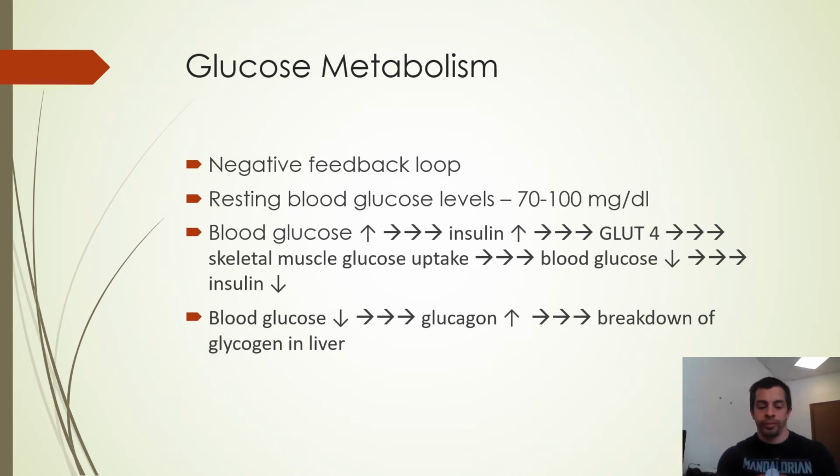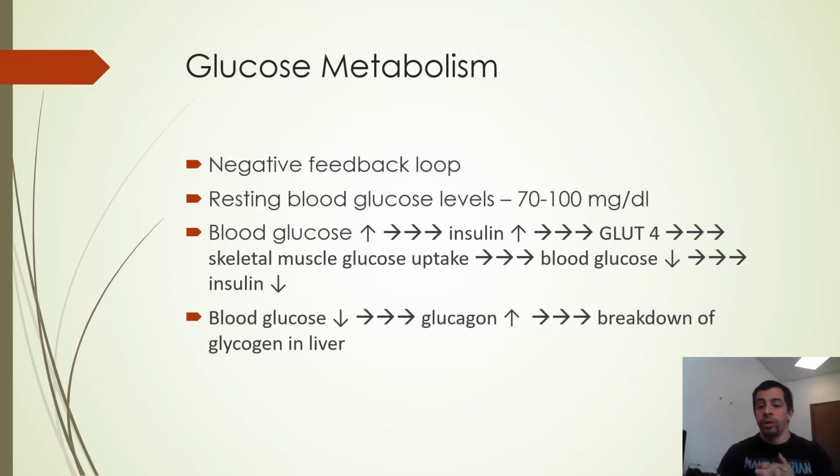Now, metabolism. We've got digestion, we've got absorption. Now, metabolism. Metabolism works as a negative feedback loop. You should have heard this in your exercise physiology classes. The thermostat is the classic example of a negative feedback loop, where as temperature rises, the thermostat is triggered, causing the air conditioning to be turned on, and that causes a lowering of the temperature. Similar in the body, we've got this basic